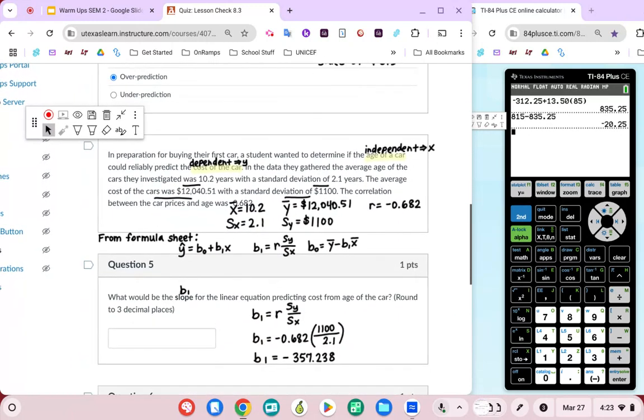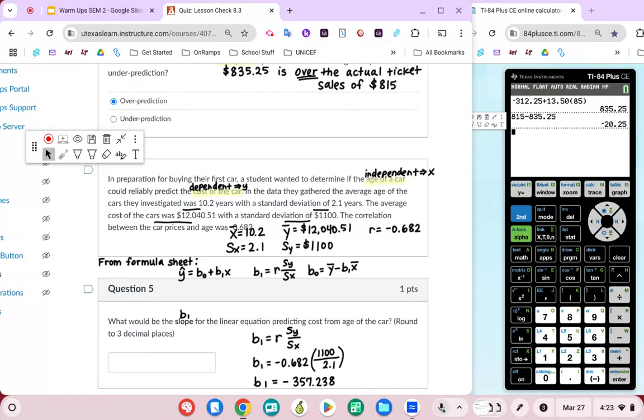Okay. In preparation for buying their first car, a student wanted to determine if the age of a car could reliably predict the cost of the car. In the data they gathered, the average age of the cars they investigated was 10.2 years with a standard deviation of 2.1 years. The average cost of the cars was